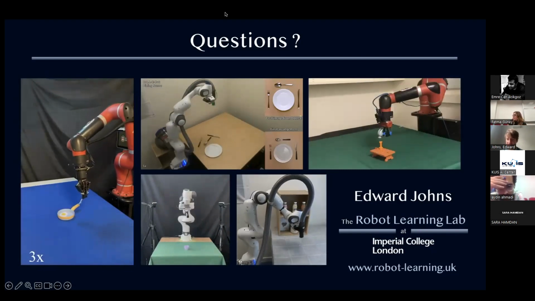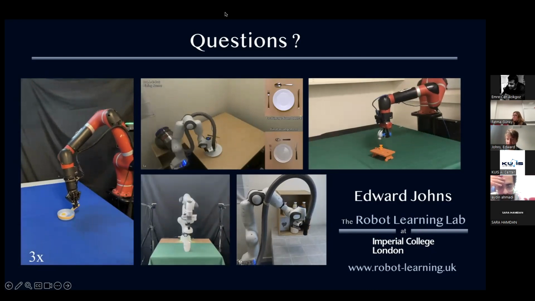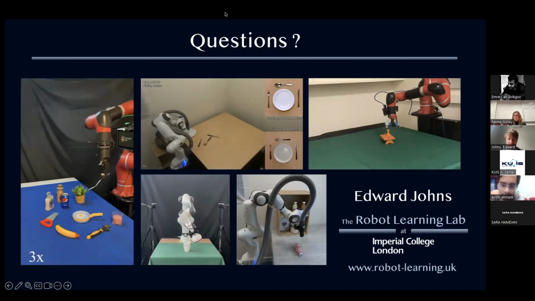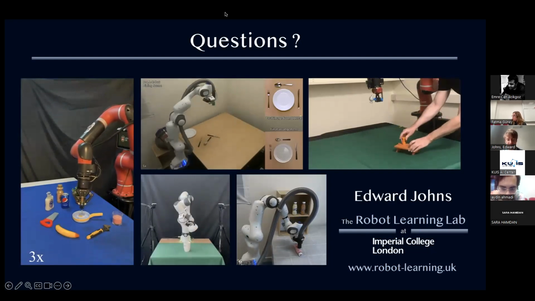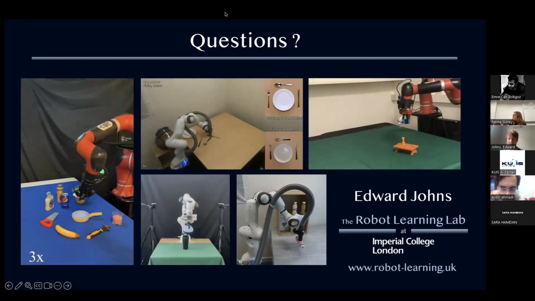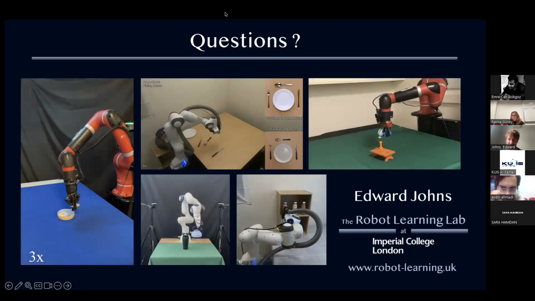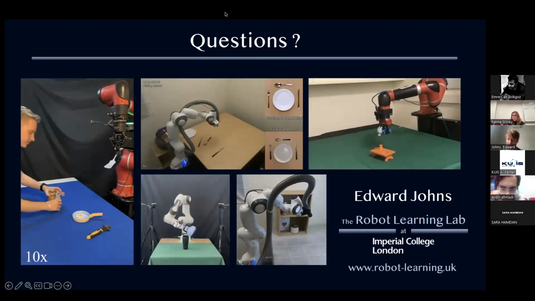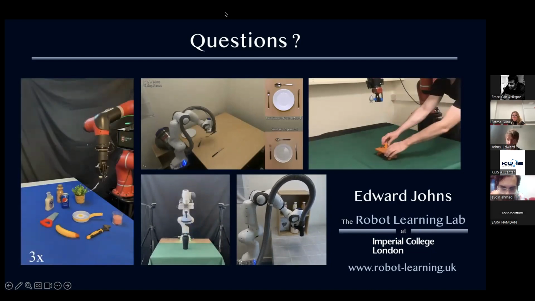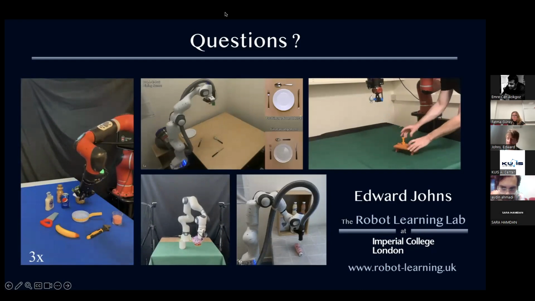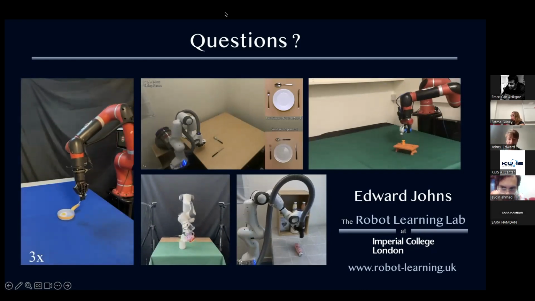So, and it's the same for the video at the bottom with the robot picking up the bottle and placing it on the shelf. The robot doesn't have to really have very complex understanding of how to physically interact with the object. It's simply applying suction to the object and then moving the object around. So those tasks are more about figuring out where an object should be in the environment, not about complex interaction